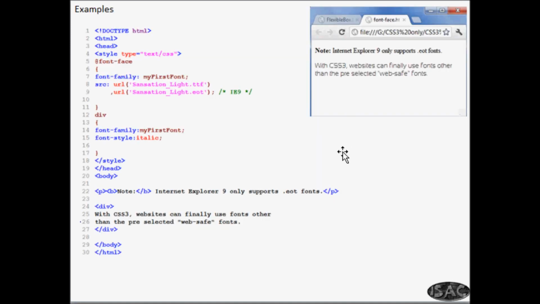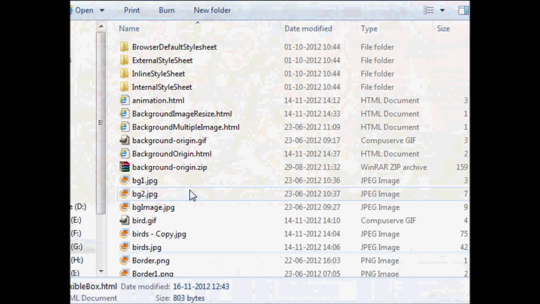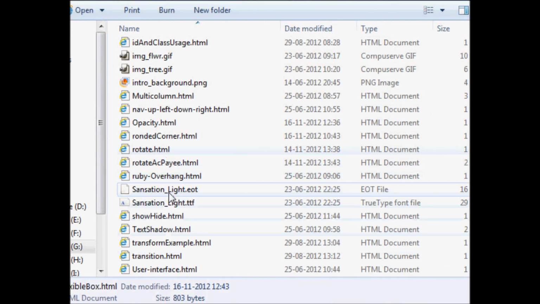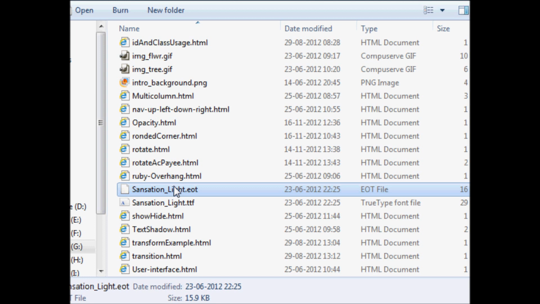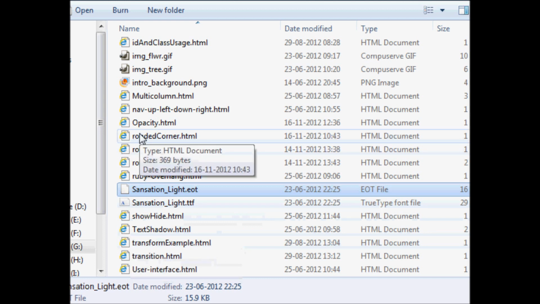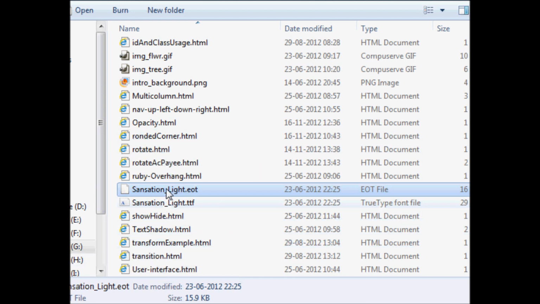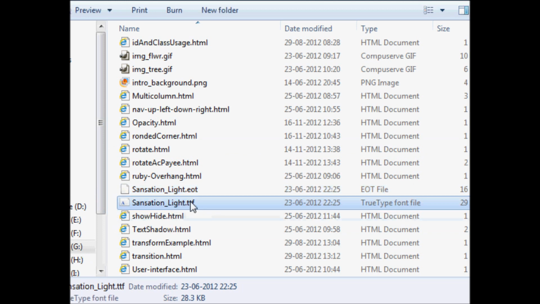So let us understand how to create it. First of all, we have to understand this stuff. I have two fonts in this. Sometimes what happens, suppose you are making your own font and you want to use it, right? So consider we are having some font like Sensation Light, in TTF and EOT.